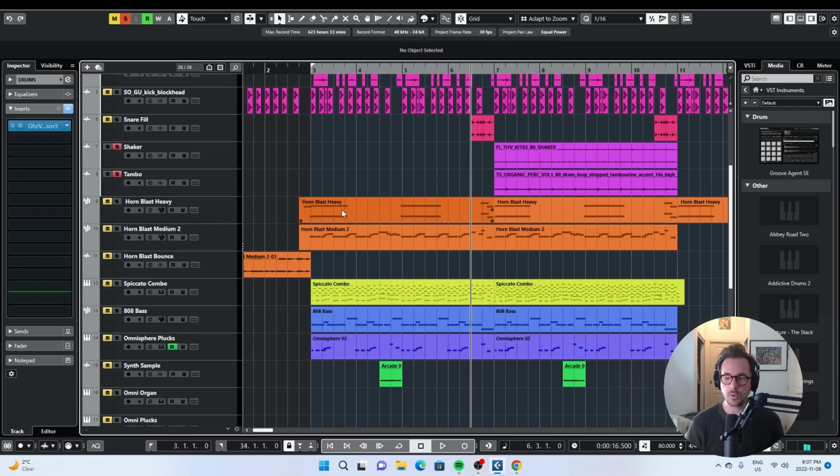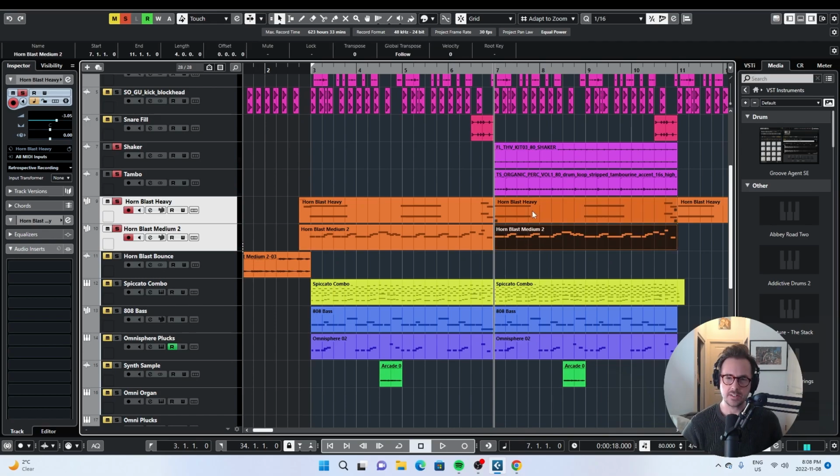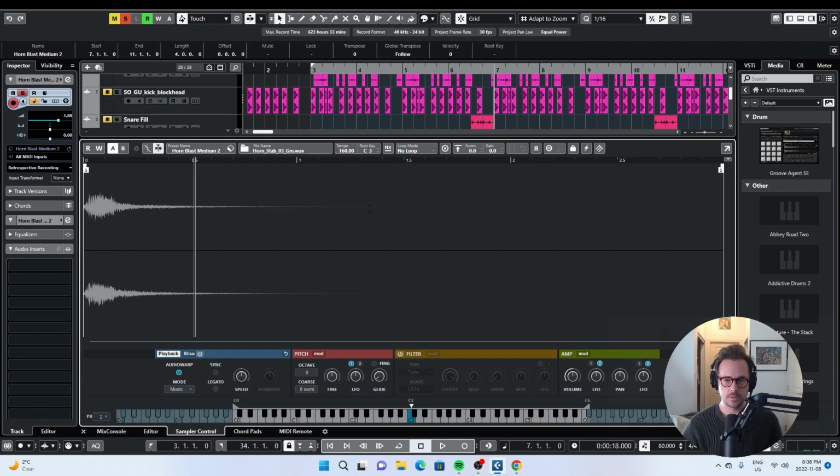And probably the most important part of this track, the real meat and potatoes part of it, is these horn blasts, which sound like this. So you're hearing two horn layers there. There's this medium blast, and then there's these really low, gritty ones. So these higher horns are actually just a sample I dragged from Splice, threw right into the Cubase sampler, which is just so easy. And I just got to work playing a melody on my keyboard.